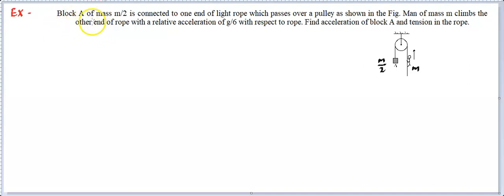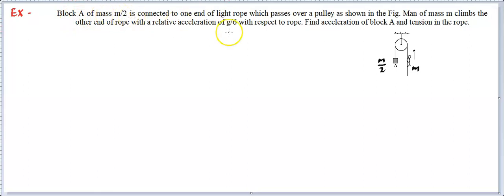In this particular lecture, we will be learning about how we solve certain questions, and these questions are going to be important and will give you some idea to solve this. For instance, this first example that we are considering will help you to understand how to use a person when he is climbing or sliding down on a rope, and also it will be using the concept of relative motion. So you can read it quickly.